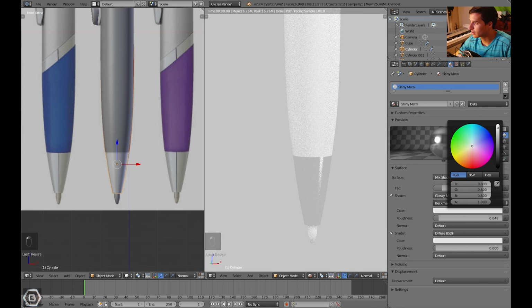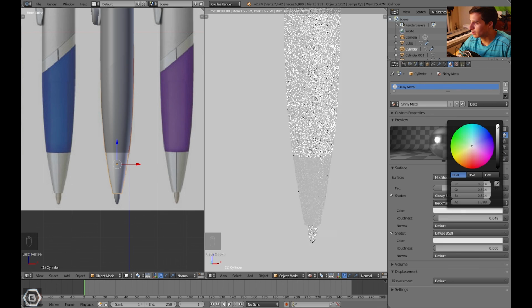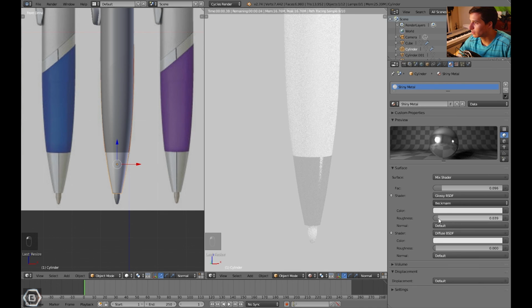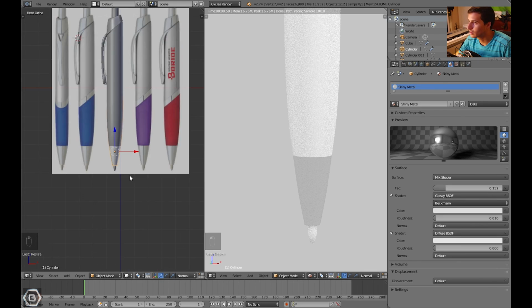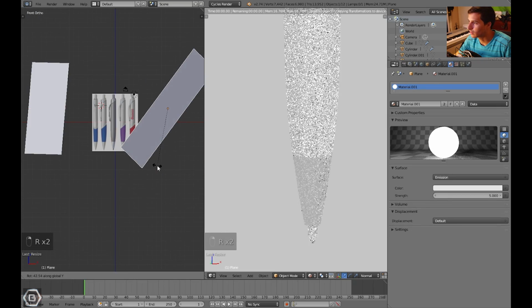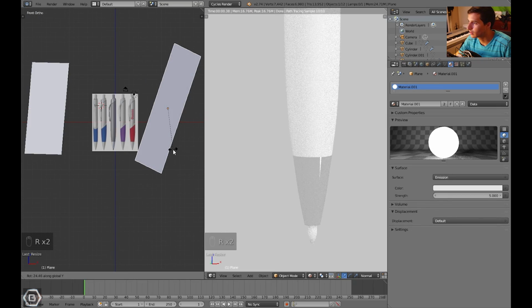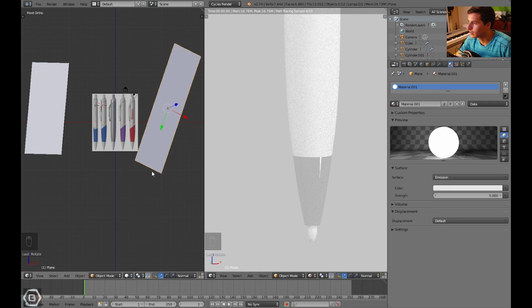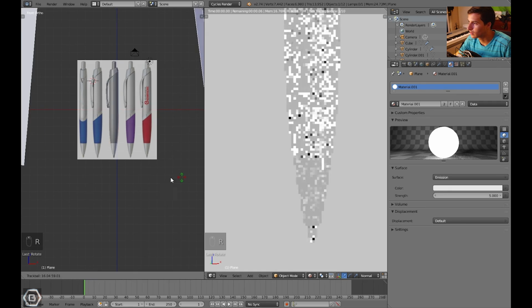And yeah, let's turn down the roughness a bit more. Maybe a 0.01 might work. And let's see, leave this factor down. And let's see if we can get it better. Give it some nice